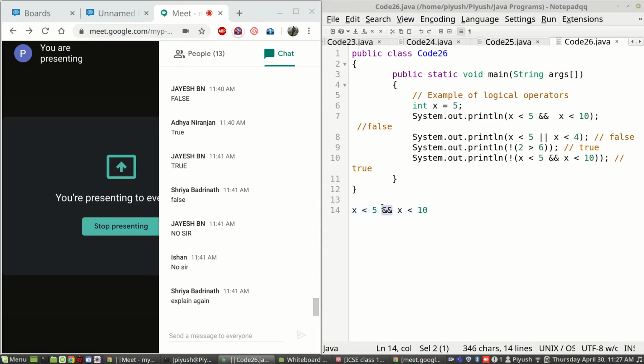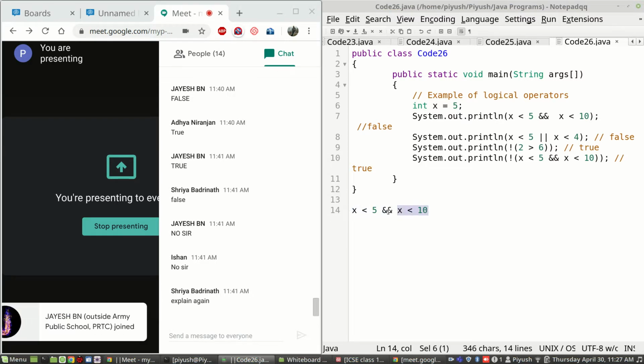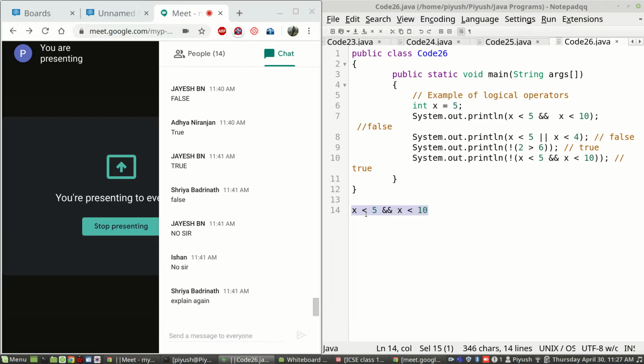So logical AND means here two conditions are there, this is condition 1 and condition 2. If both of them are true, then only this entire thing will become true. Even if one goes false, the result of this logical AND becomes false. So we can see that x, which is 5, is not less than 5. So this condition is false and this condition is true.